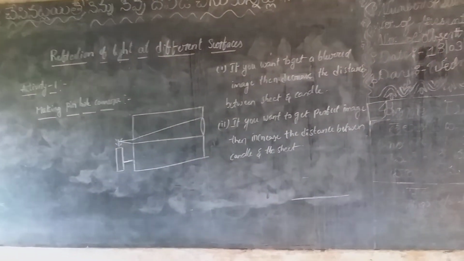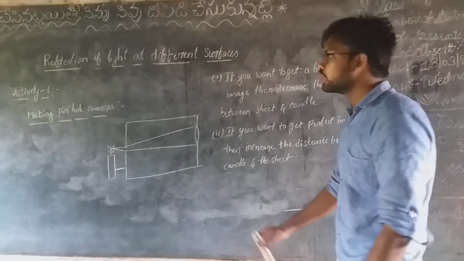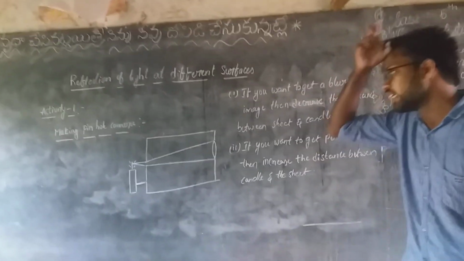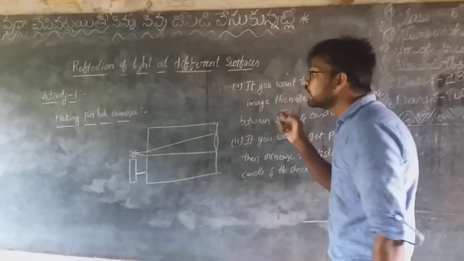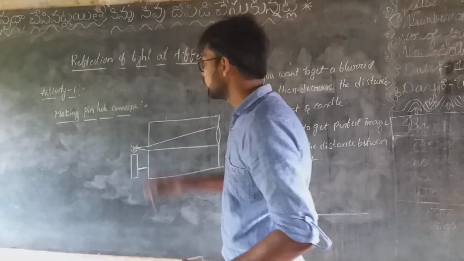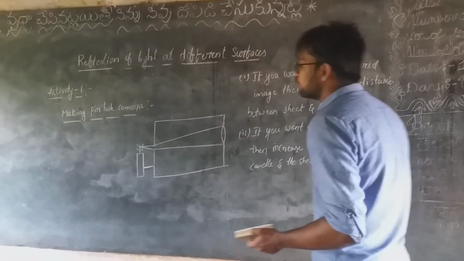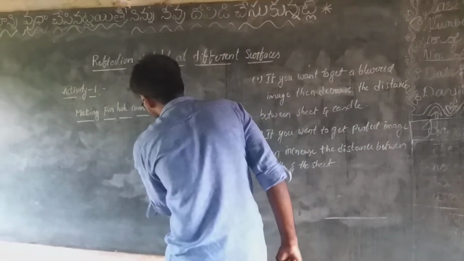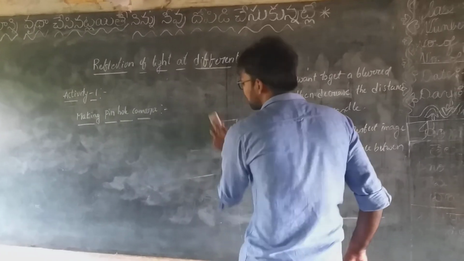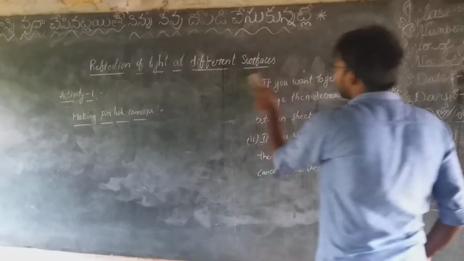These are the conditions based on the pinhole camera, which are also present in our textbook. Go through the pinhole camera once. And next, coming to the second activity, a simple activity, but you need to understand the mathematical process